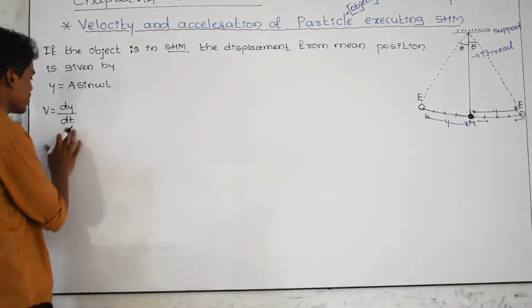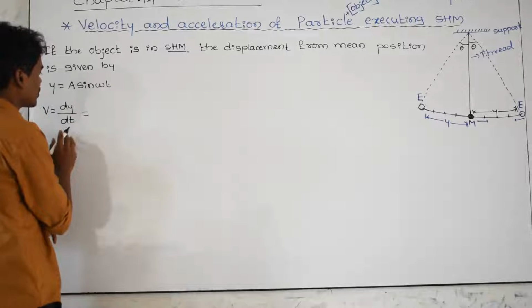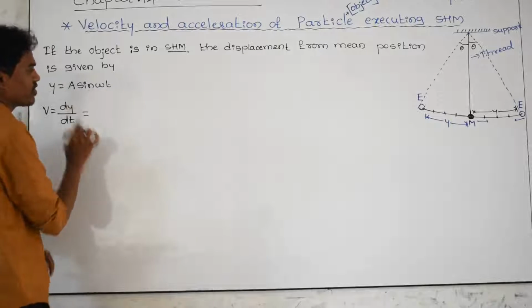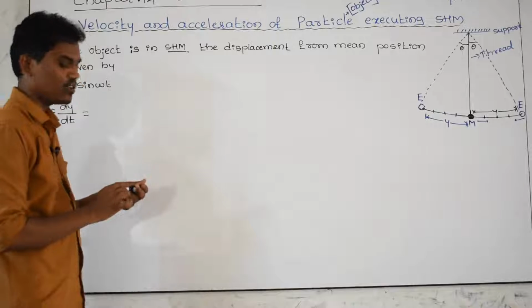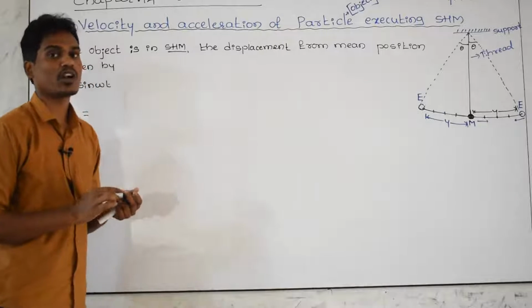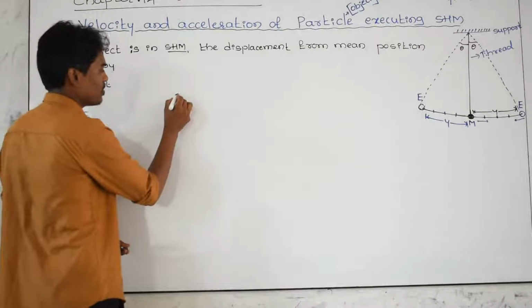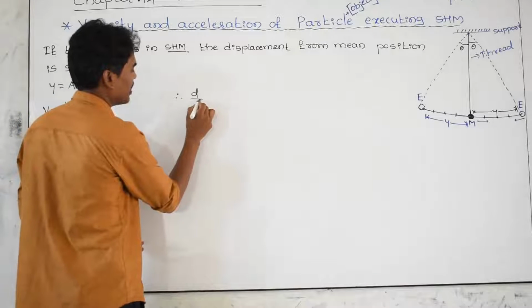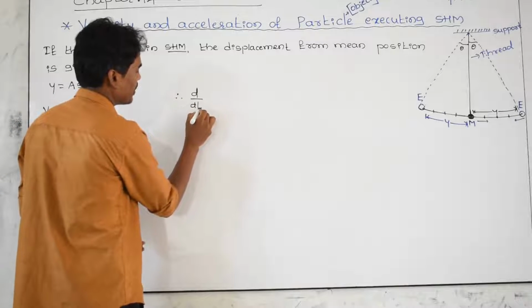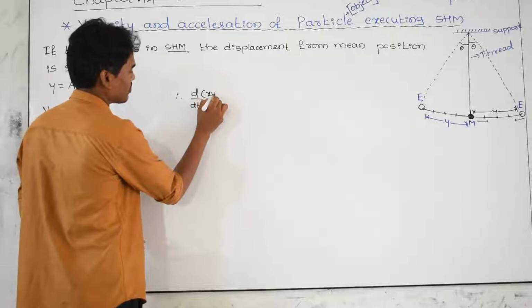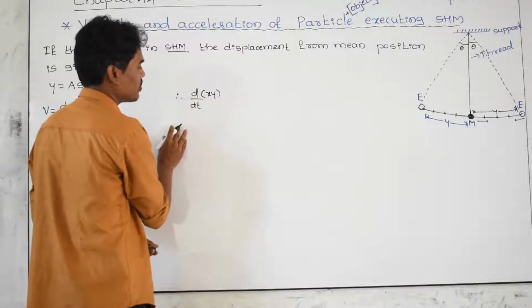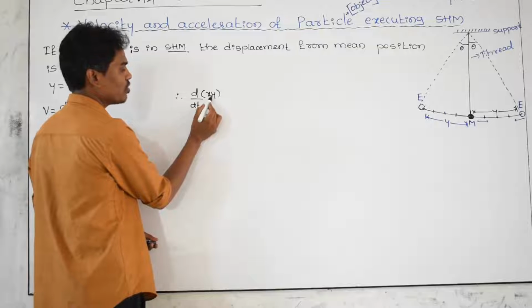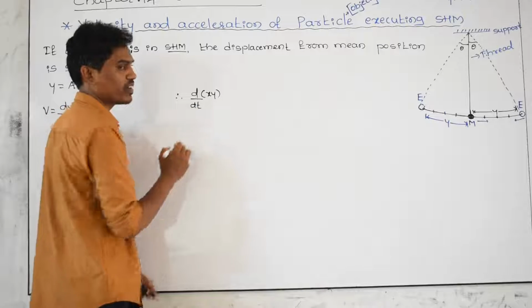Now differentiate for velocity. Here this function we have to differentiate. And already you know very well the product rule. For example, the general formula is d by dt of xy. We have to differentiate this one. This is a product rule. X into y, multiplication is there, that's why we call it a product.